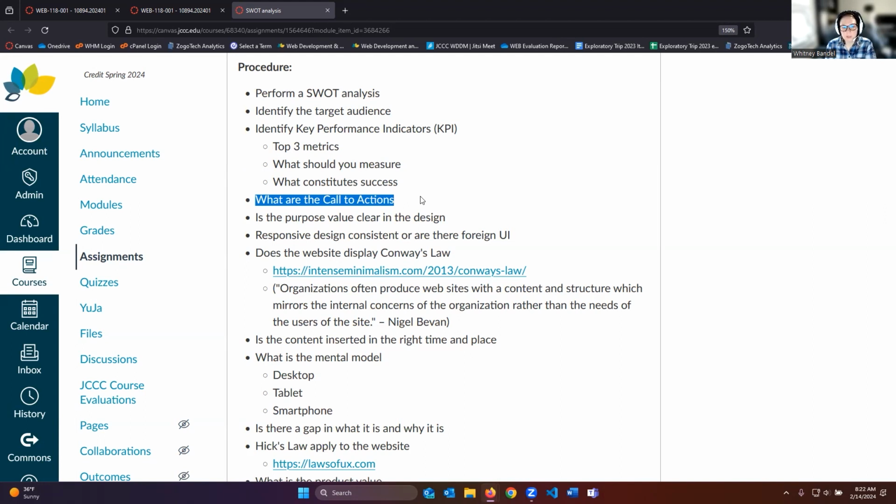So this one ends up being a little bit trickier, I think, for people, but I want you to think of, like, what is the value of the website? And then also, what are they providing? And is it clear what they are providing? Sometimes the value is more obvious, like they're selling something, and so you can kind of tell what that is. But think of it like, what is the purpose, and is that being